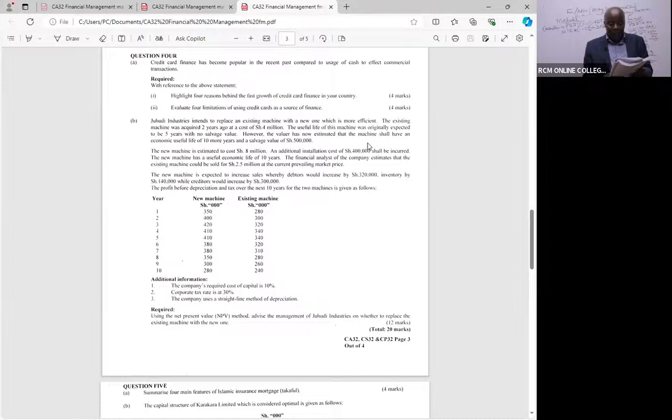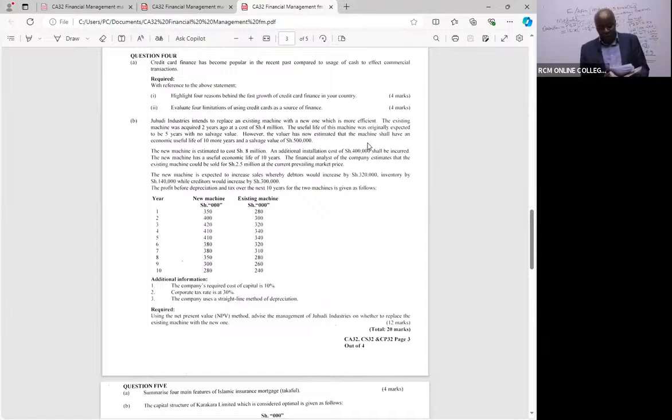The new machine is estimated to cost 8 million. An additional installation cost of 400,000 shall be incurred. The new machine has a useful economic life of 10 years. The financial analyst of the company estimates that the existing machine could be sold for 2.5 million at the current prevailing market price. The new machine is expected to increase sales, whereby debtors would increase by 320,000, inventory by 140,000,